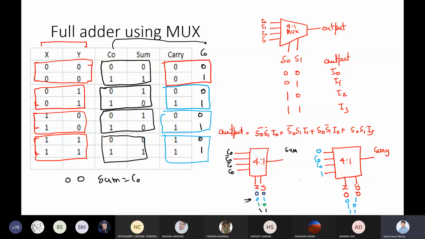Suppose I am giving you another example. Can you make it? Yes or no? Right. Now, before jumping into that, the very first thing is how you identify which type of mux we require. That is, how did we identify that we required a 4 to 1 mux here? That is an important question.